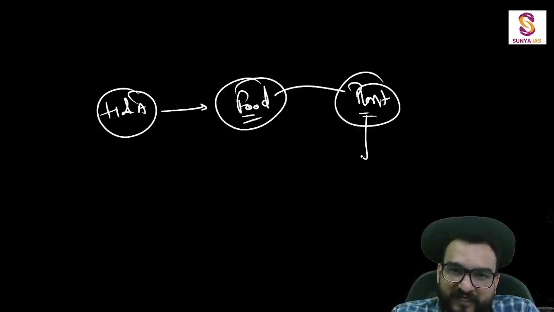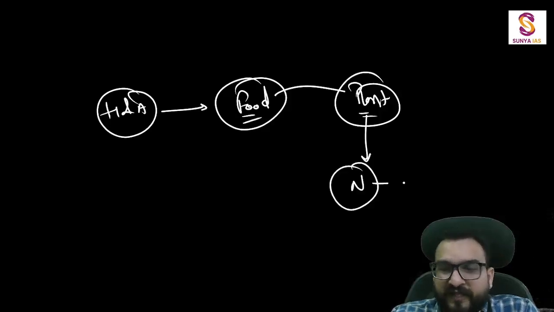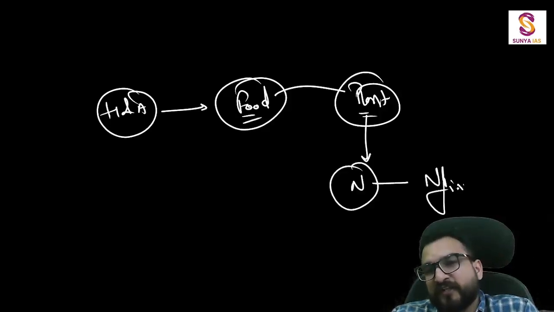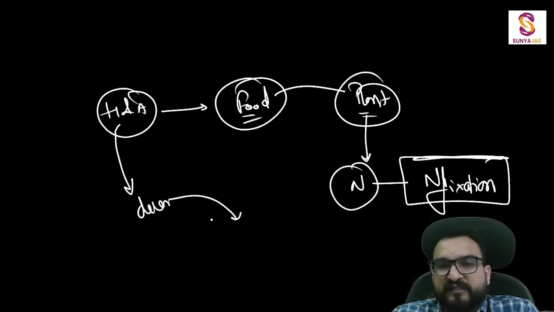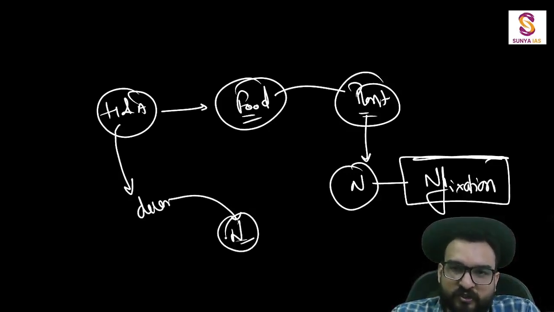So how is this plant getting nitrogen? By nitrogen fixation. Over here you have to understand nitrogen fixation. And after eating, humans and animals will die, decomposition will happen, and then you will see reverse denitrification. Nitrogen will again be coming back. So over here you must be understanding, sir, that